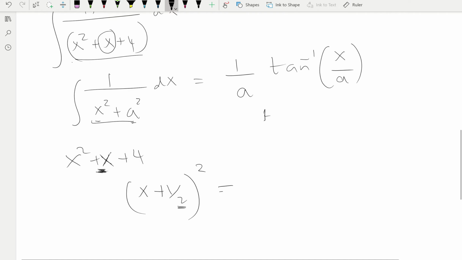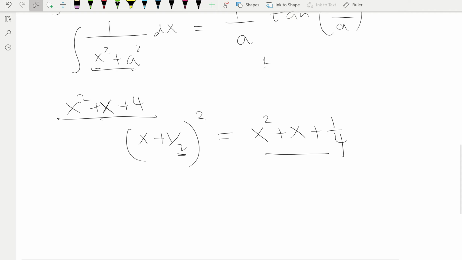So take x plus half square. What are you going to get? x square plus x plus 1 over 4. That's x plus half square. Now, this function is almost the same as x square plus x plus 4, so we have to make an adjustment. We say x square plus x plus 4 is actually x plus half square, which is x square plus x plus 1 over 4,